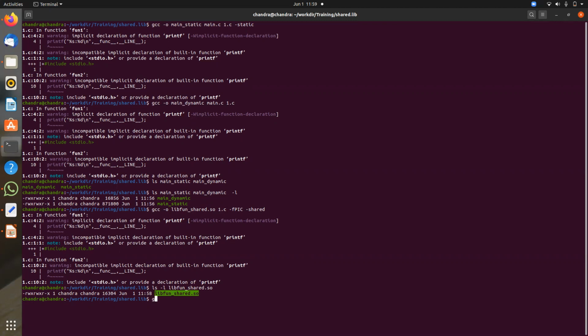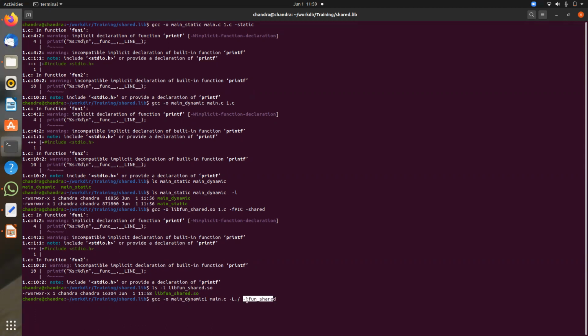gcc -o main_dynamic1. This is another compilation, and I will name it main_dynamic1, with main.c and -L. L is a linker option where you can provide the library path. Here it is the present working directory, then -lfun_shared. You provide a path first, and then you pass the library name.